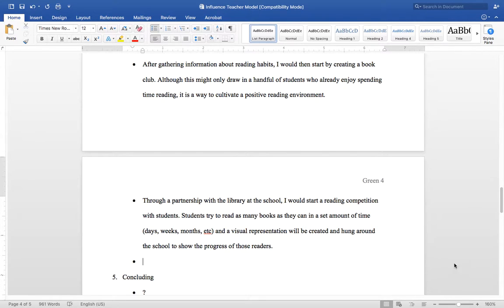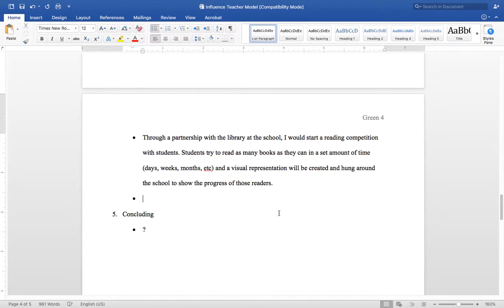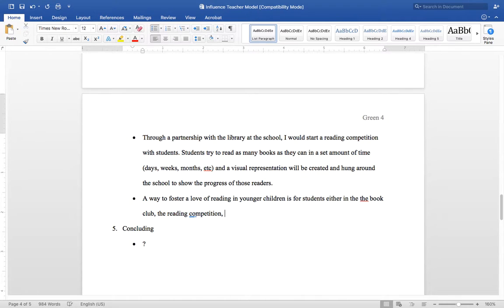So, for example, the last one that I'll put up here to show you today is a way to foster a love of reading in younger children, for students either in the book club, the reading competition, or random volunteers.